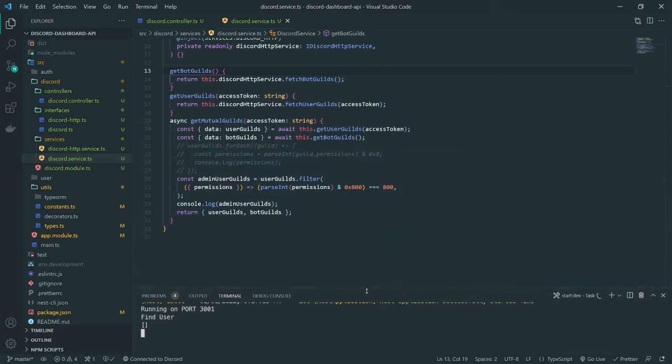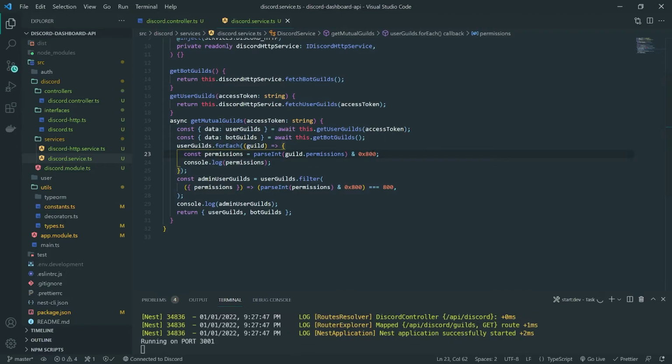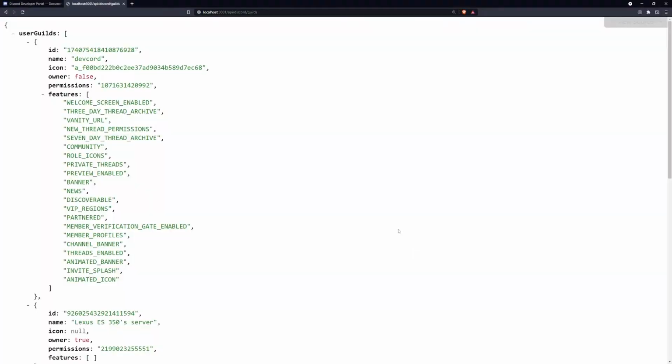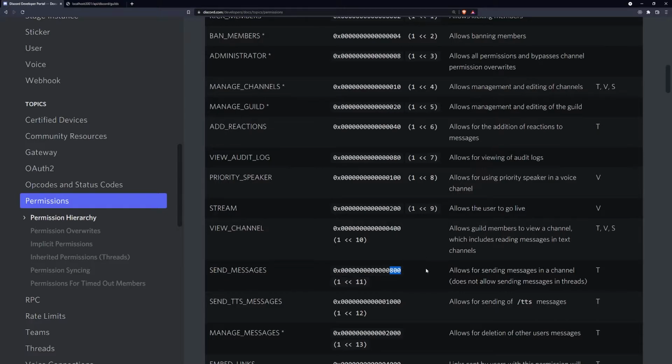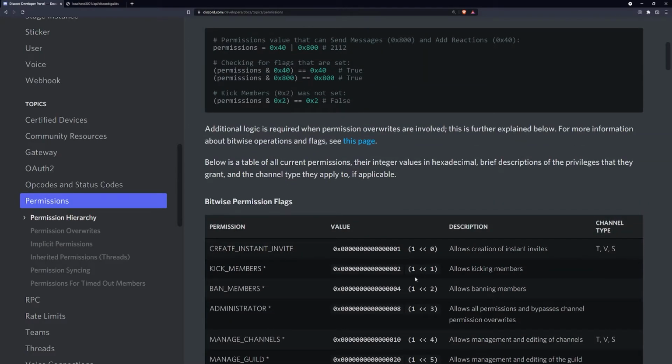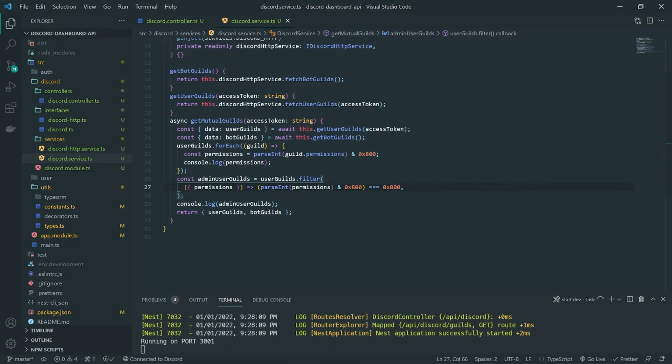Let's see, did I do something wrong? I may have done something wrong, actually. I think maybe the comparison is incorrect. Let's find out. Huh. Oh wait, I guess I gotta compare it to 0x800. Okay, yeah, I think I need to do that instead. Yeah, because this is a different